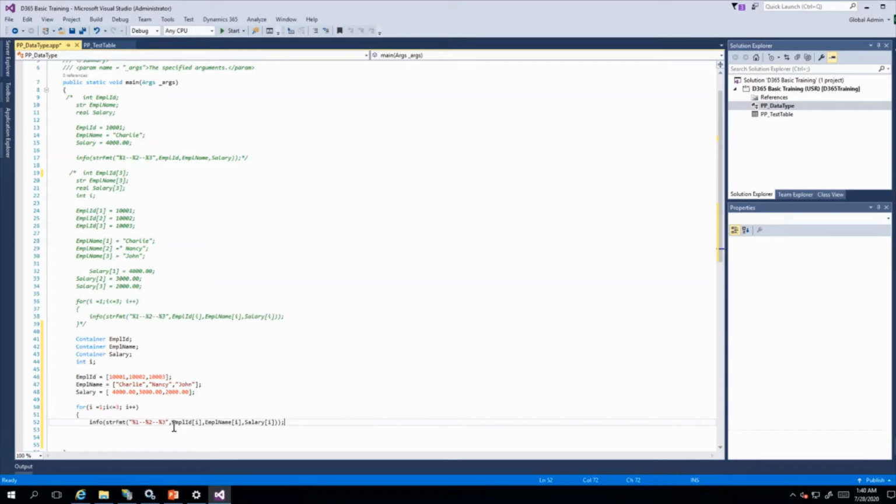Only difference here is that to get the value from the container, the method is conpeek. Employee ID, right. Conpeek employee name.